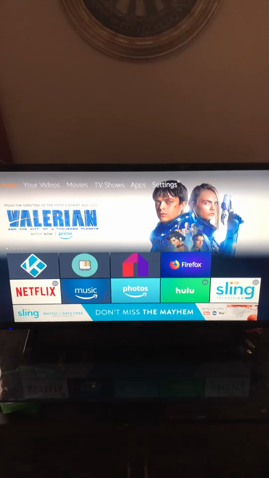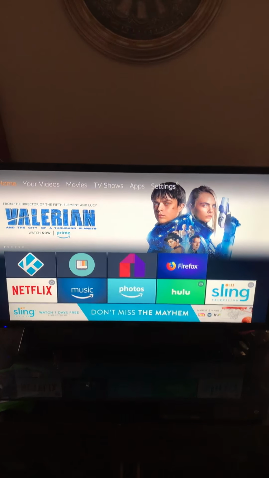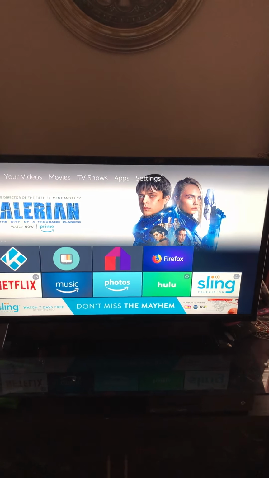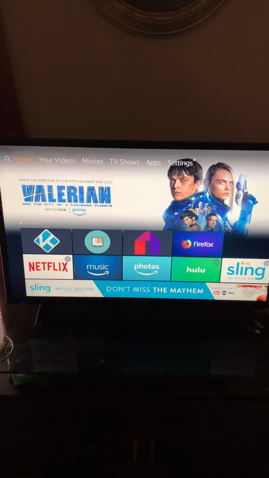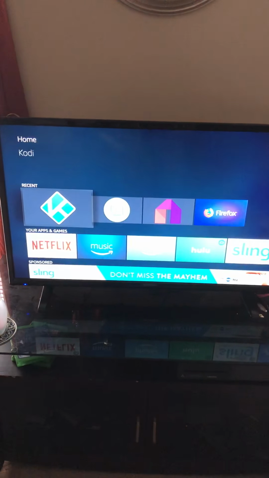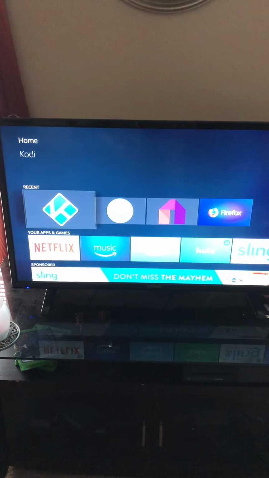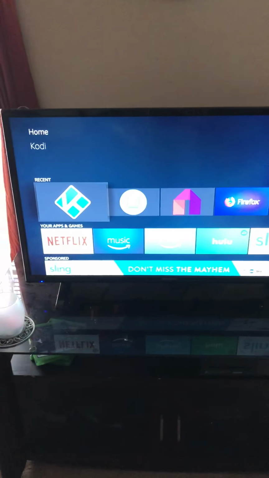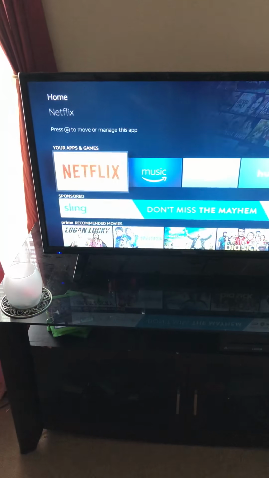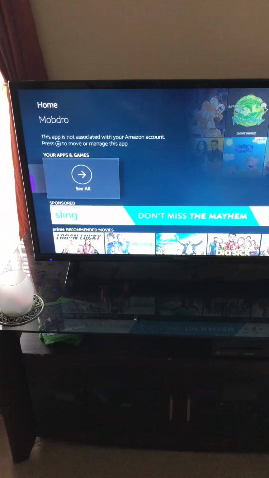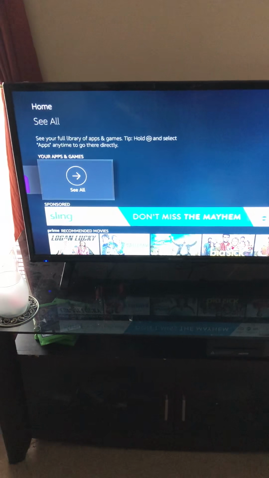Okay, here is just a quick video on how you access all the movies, TV shows, and everything on the Fire Stick. What we first need to do is come down here and click on the Kodi, the blue K. If it is not right here in your recents, then scroll down to your apps and then arrow all the way over to see all. Click on that